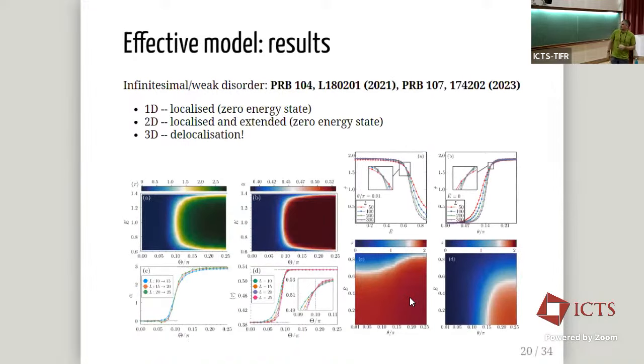To sum up the results, which were mostly numerical in this case: in 1D we find basically localization, no matter which all-band flat model we take. The only interesting observation is that we get a Dyson-like singularity in the zero energy state. In 2D, again, all the states are localized for the standard on-site disorder. There's also a zero energy state. By considering other symmetry classes, it's possible to induce delocalization, but which is now non-perturbative.